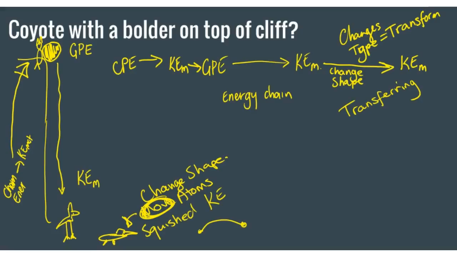That is what we call an energy chain. All of the different types of energy, where they start, what they turn into, they're going from this energy to that energy. Notice that I have arrows between them. And the last little thing that I'll add is not all of those energies go fully from one object to another. As you've got them falling, you've got this gravitational potential energy, that boulder falling through the air. Does all of that energy go into Roadrunner when it hits? Or does some of it go somewhere else? Does all of it go into